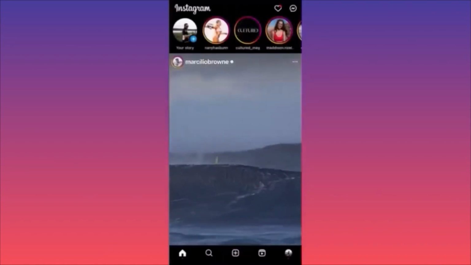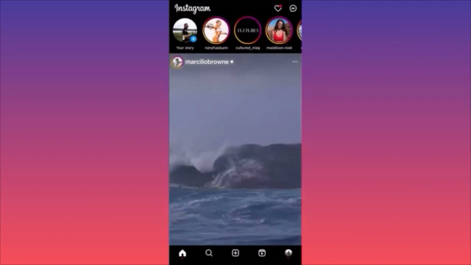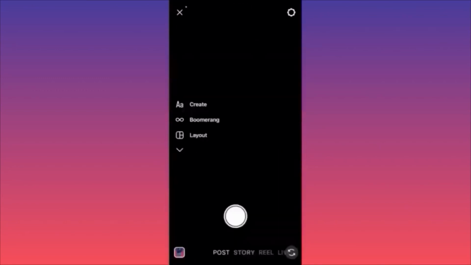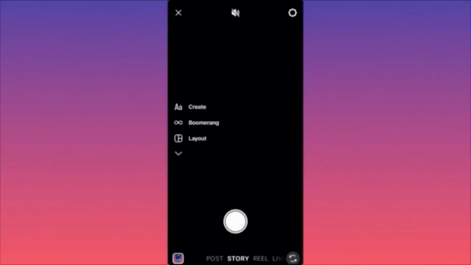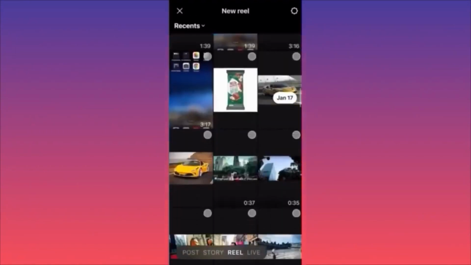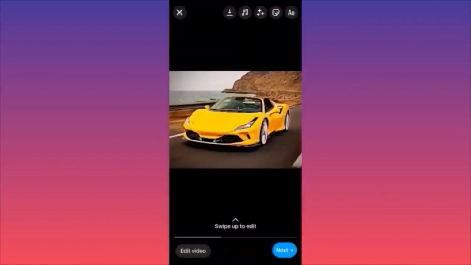Now guys, let's create a brand new post. Click on the lower center of the screen. Hit the plus sign. Now let's slide on the side from post to reels. In this example over here guys, I'm going to use this image and we're going to create reels out of it. Okay, so the first thing I want you to pay very close attention to is the upper